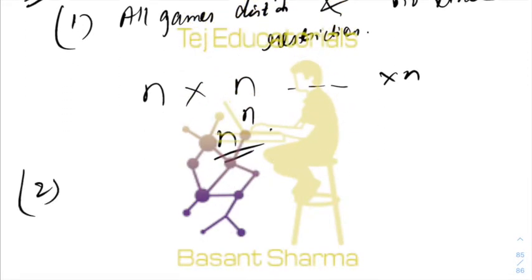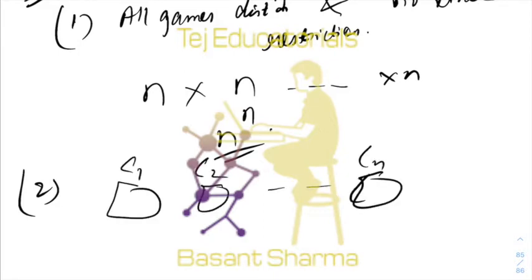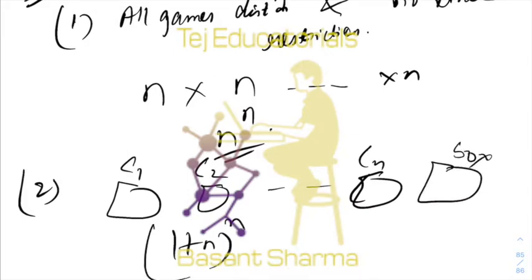Second, if I say again, find the number of ways of distribution if there is no restriction, but at least one object should be distributed. That is, it is not necessary that all objects are distributed, but at least one must be. So again, you have child 1, child 2, and so on till child n, and you make a box here. So you have 1 plus n to the power n ways of distributing n objects amongst 1 plus n people, minus the one case when everything goes into the box.